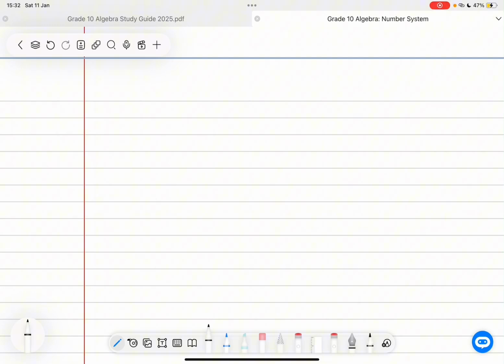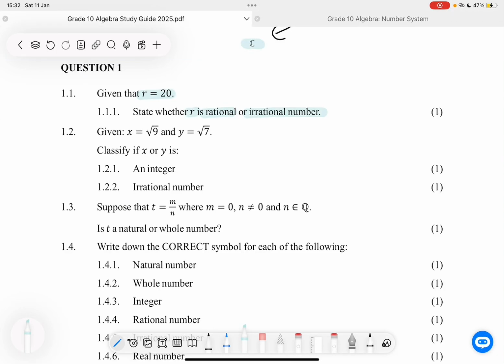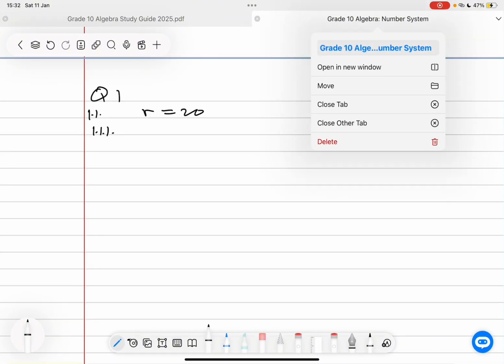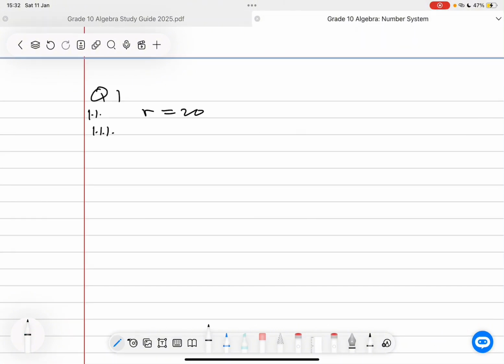So we are doing question 1.1, and we are under 1.1.1. Now we are given that R is equal to 20. Then they want us to assess whether R is rational or irrational. Now R is equal to 20. This means that if we study this number, we can see that